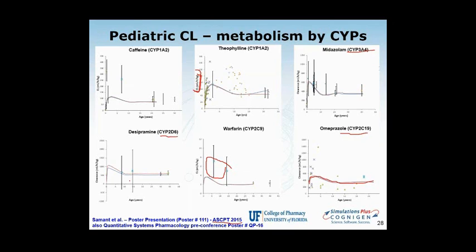For 2D6, we did not have the very young well characterized, but the lowest age, 8 years old, was predicted very nicely. We did have some mispredictions for 1A2, even though for caffeine, it's again a little difficult to figure out whether this is because of the enzyme ontogeny or just the variability in the populations, because we are nicely matching here. We have some under predictions of clearance here.